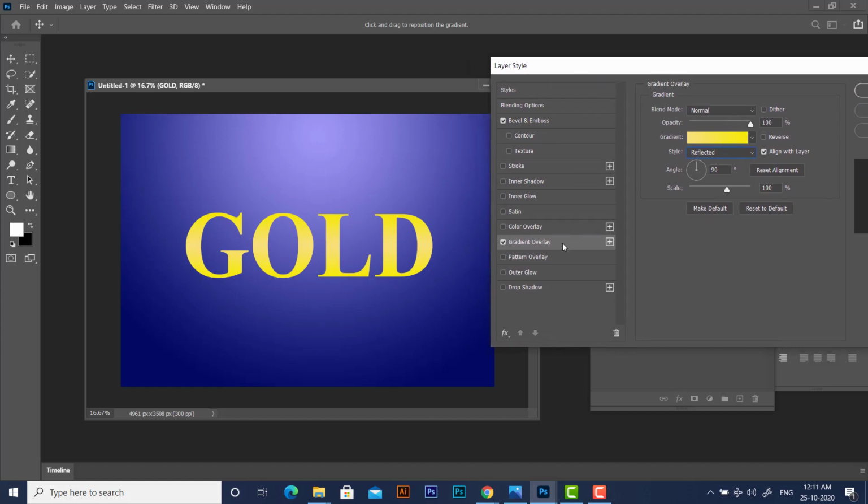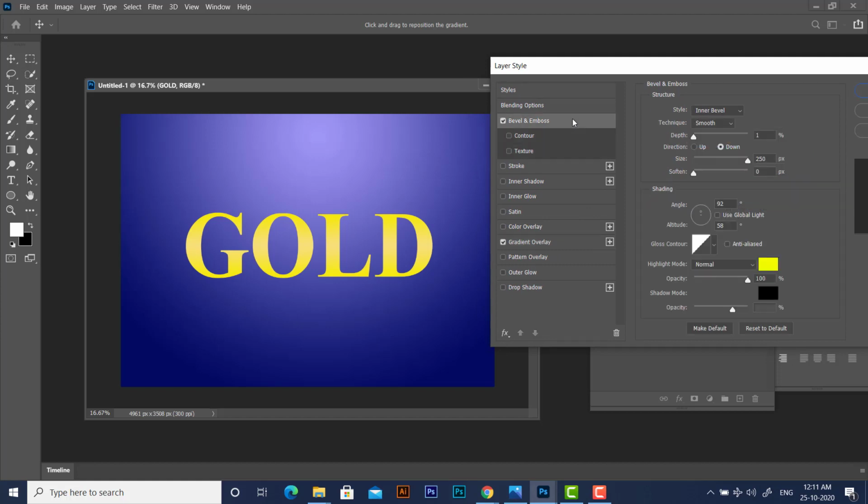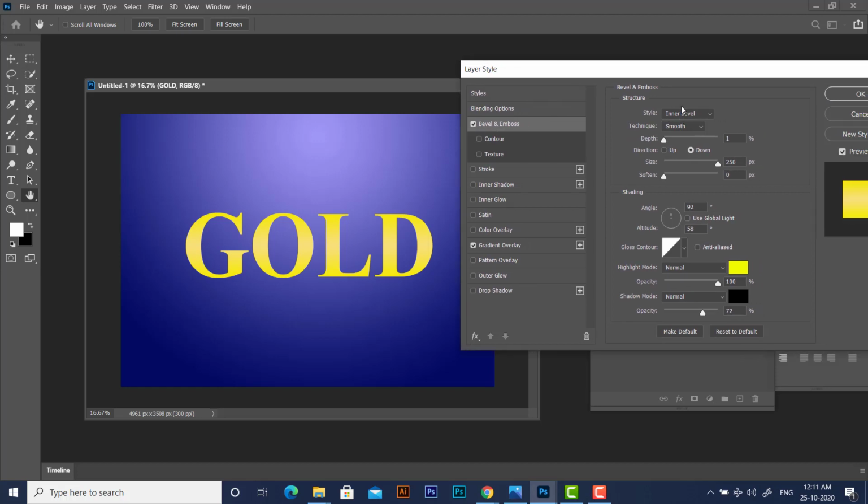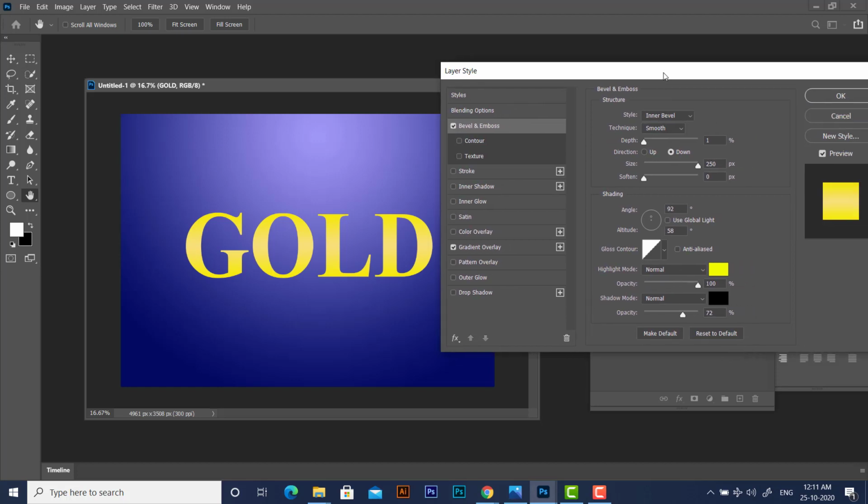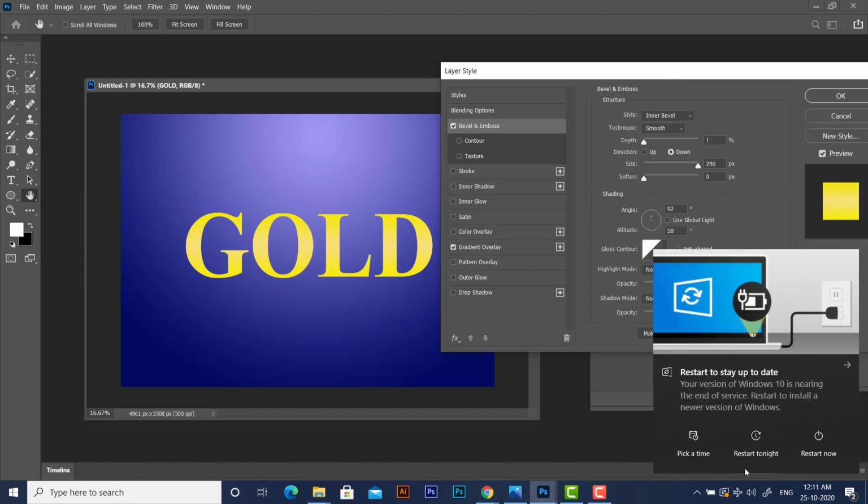The next step is very important, the bevel and emboss. Just turn on the bevel and emboss. Here we have a big list of options, and these options are going to give us the exact metallic look for the text.